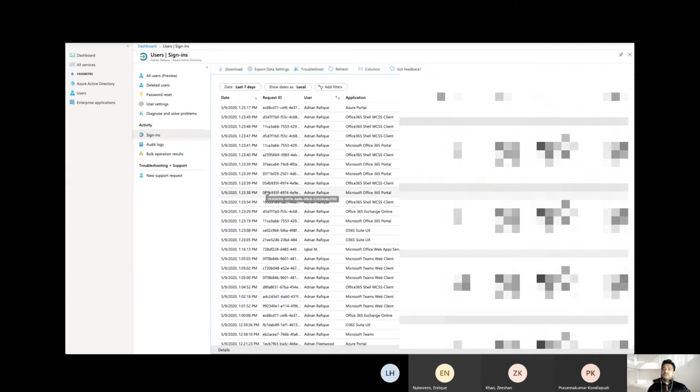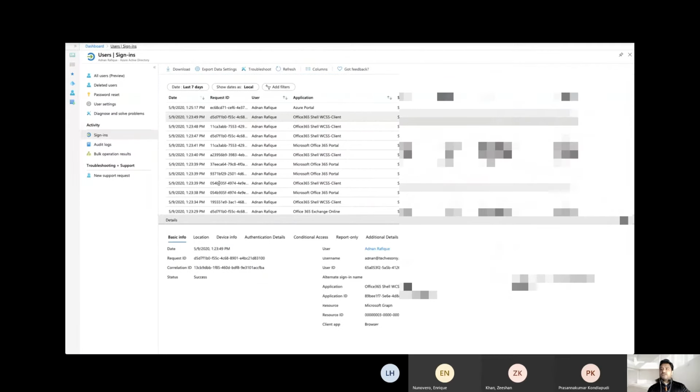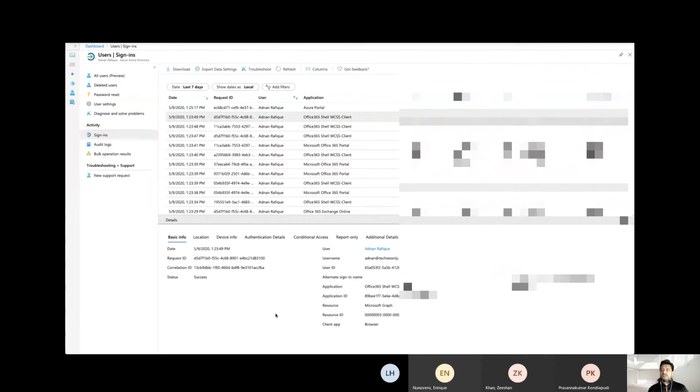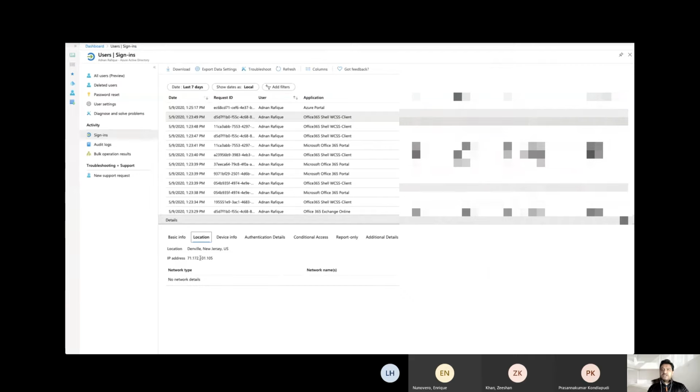But what you're going to do, let's say, let me click one of those sign-in logs and see what it shows here. It gives you some more information around that. Even more information, right? I can find the basic information, location, my device info, which is Mac OS, which I'm using now. My authentication, this is very important. I can go into more and more details, but again, we're going to keep covering more topics at a higher level, of course, so you have a better understanding.